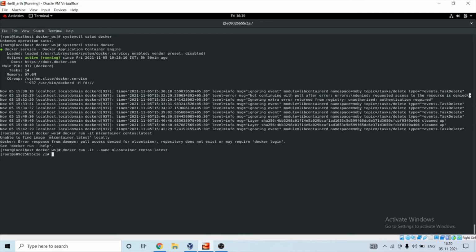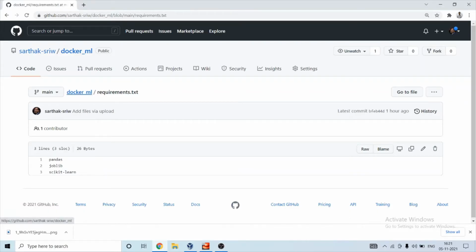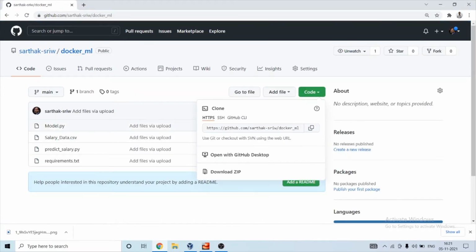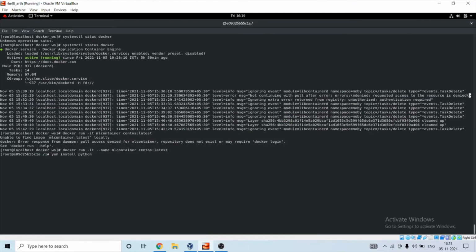So first we need to install Python. Apart from that, since I will clone this repository, I need to even install Git.